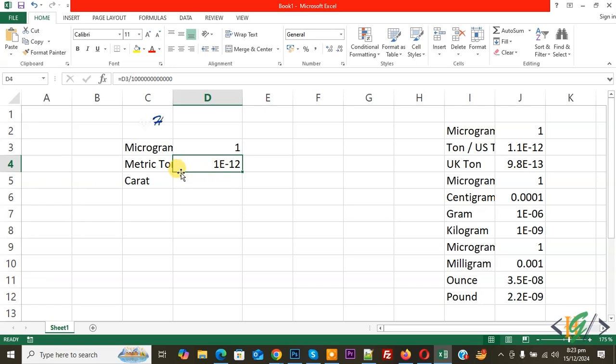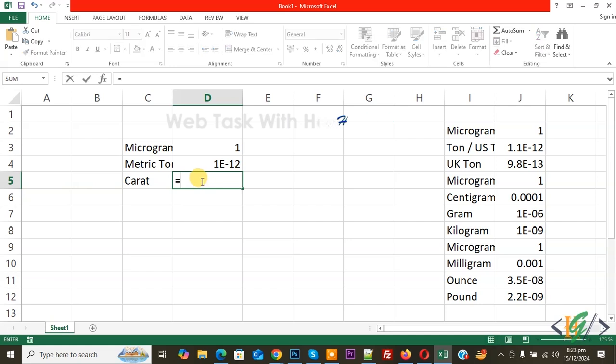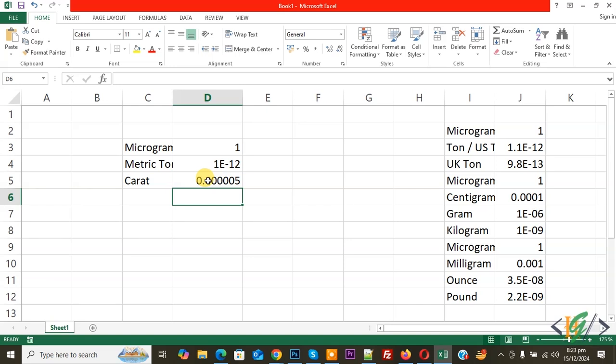And then we are going to convert microgram weight into carat in Microsoft Excel. Now select a cell, then write here equal. Now select cell, now you see microgram weight 1, now you see D3. Now add the multiply symbol. Now add the number 0.00005 and then press enter. Now you see microgram weight into carat in Microsoft Excel and you will find this formula in the video